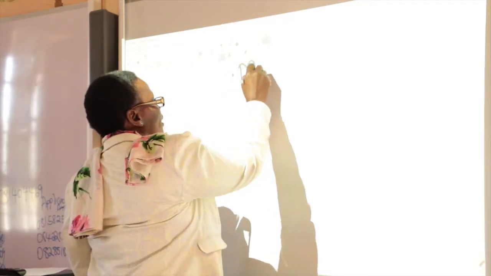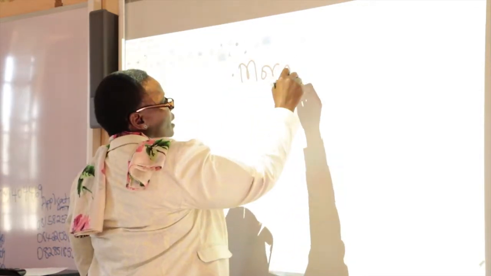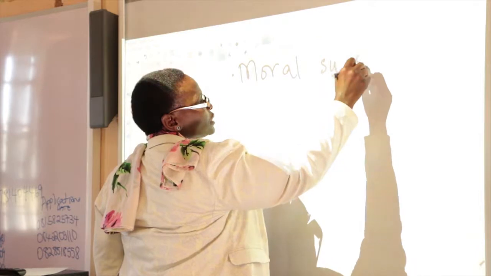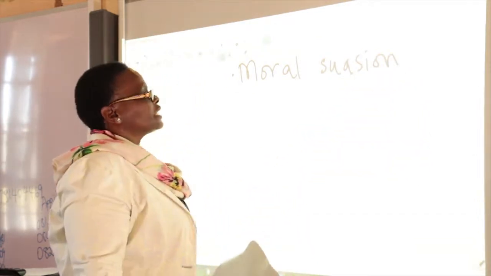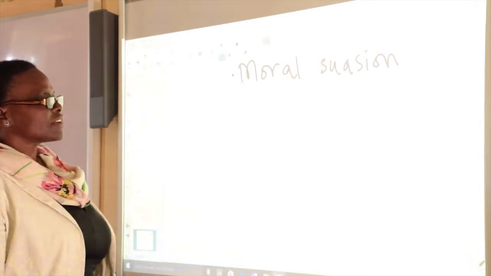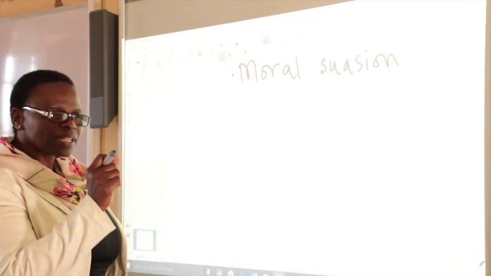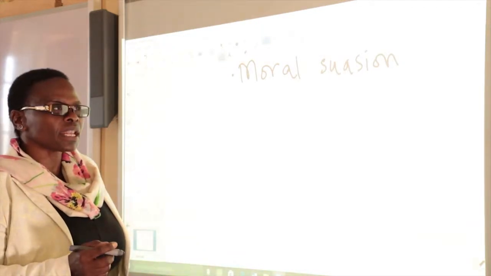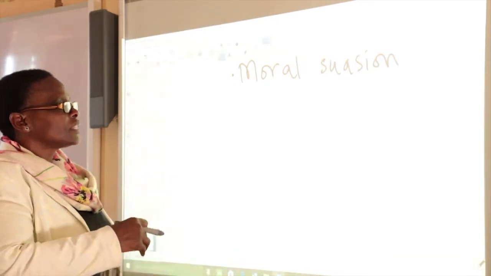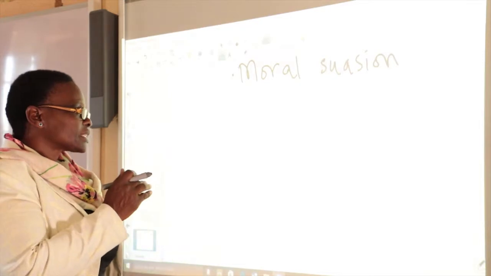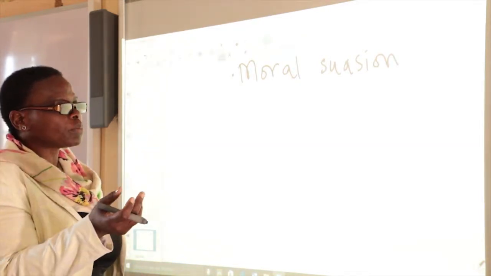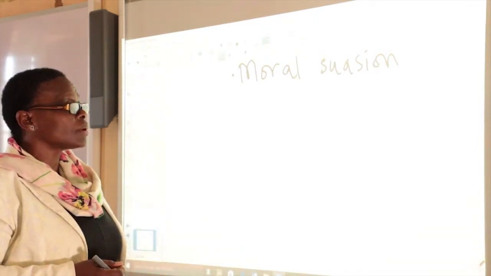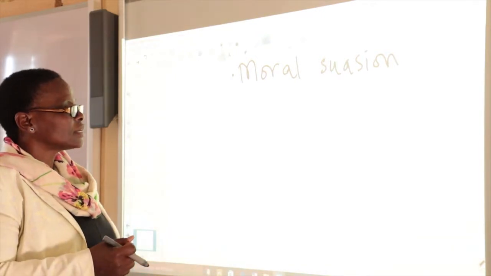Number 3, the South African Reserve Bank can apply moral suasion or persuasion. Persuasion is the same thing. In this instance, the South African Reserve Bank would just warn the commercial banks as to the prevailing economic circumstances, and then advise them as to how they should grant credit. They could warn them to be very conservative, not to give out credit easily, or they could warn the commercial banks to relax